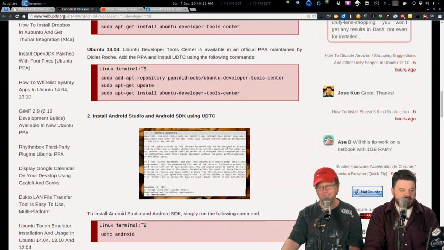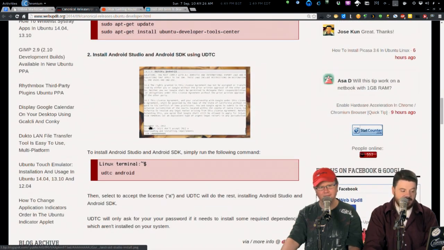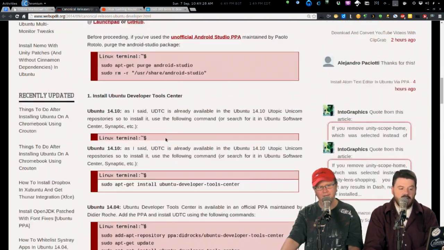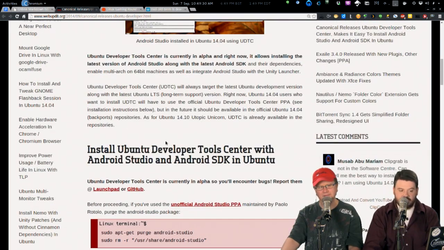So the command I believe is called UDTC. I think this is a great idea. I think if Canonical can position Ubuntu as, hey, when it comes time for you to develop for Linux, you want to use Ubuntu as your base platform because that's what Valve's focusing on, that's what Lightworks, all these different guys focus on. And now we've made it even easier, which is a few commands to get your entire development environment set up. I like this idea, but